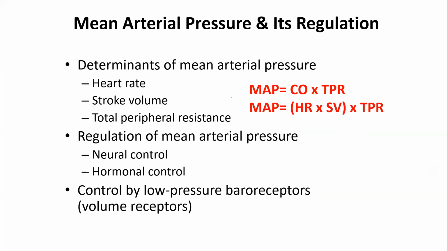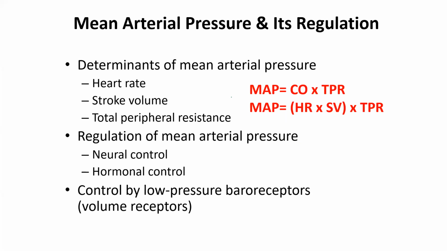What I want to speak about for the remainder of this packet is really tying this all together, looking at the regulation of mean arterial pressure. So in short, basically looking at a lot of factors that we talked about. So things like heart rate, stroke volume, ventricular contractility, things like the autonomic nervous system, the sympathetic, parasympathetic. So tying a lot of factors that we have already encountered earlier in this semester as well as last semester, and just figuring out how they all play a role in regulating our mean arterial pressure or regulating our overall